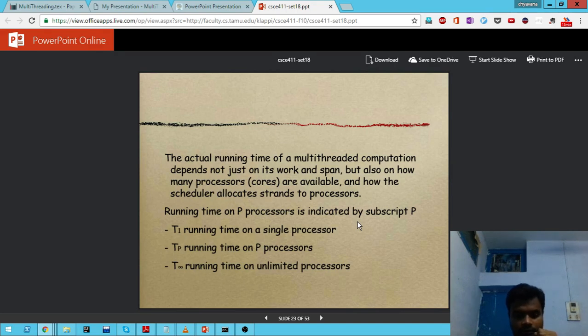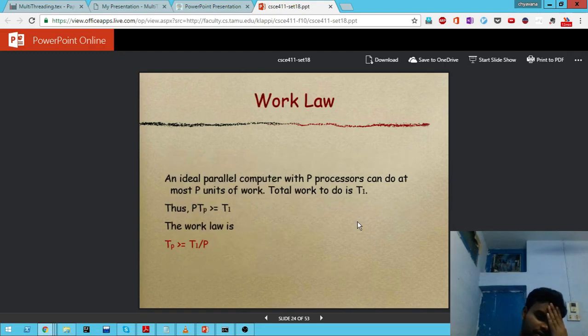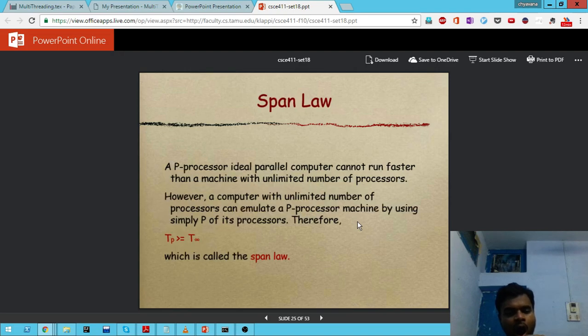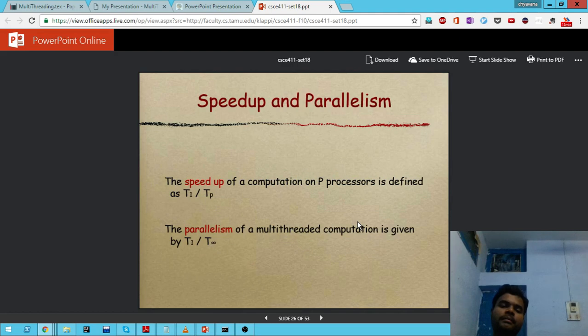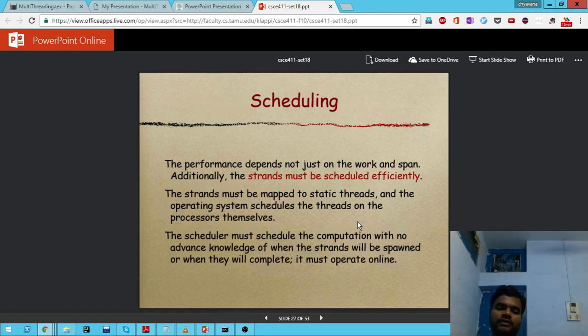T infinity is the running time on an unlimited or infinite number of processors. An ideal processor on P can do at most P units of work. So total work to do is T1. Thus, speedup on P processors is defined as T1 by Tp. Parallelism of multithreading is given by T1 by T infinity. Scheduling the performance depends not just on the